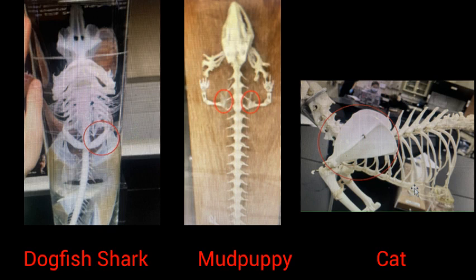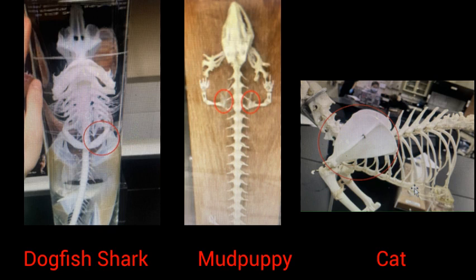In the cartilage fish, the dogfish shark, the pectoral girdle consists of a U-shaped endoskeletal cartilaginous inverted arch, with its ends extending dorsally, and it consists of endoskeletal structures to which secondary dermal components are added as the result of ossification of dermal elements. And in the mud puppy, the pectoral girdle, the shoulder, is part of the appendicular skeleton and